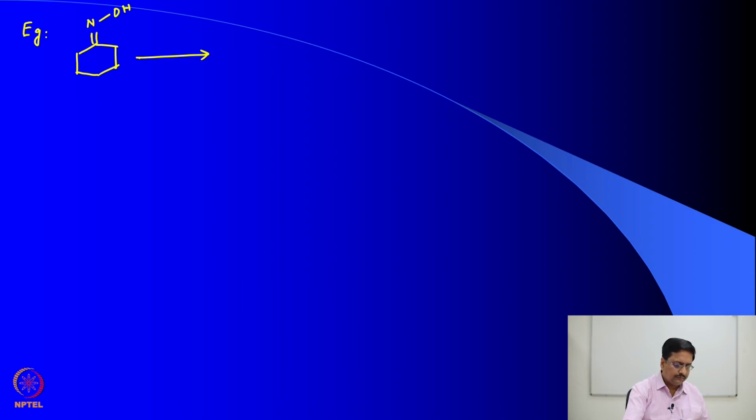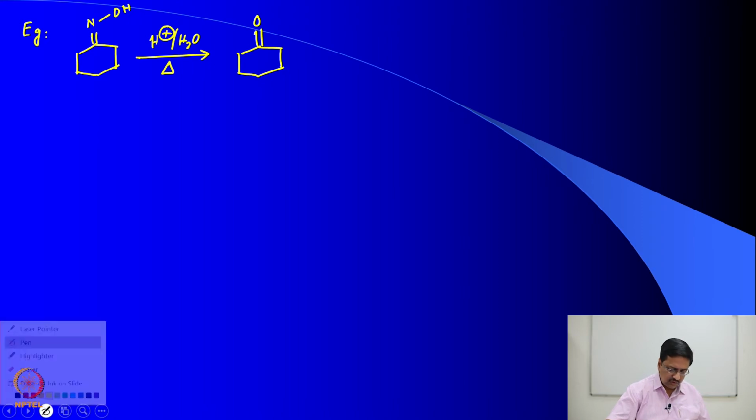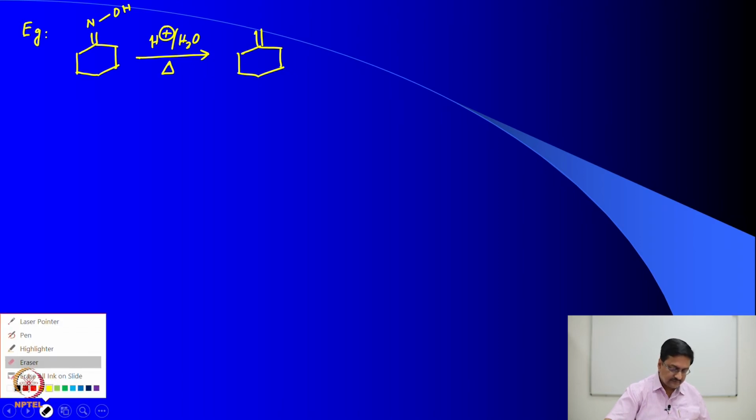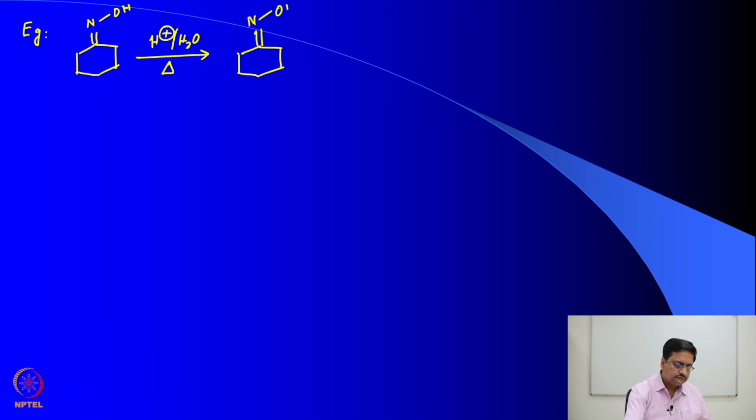So, you do an acid catalyzed reaction under heating condition. What it does is it protonates the OH group first and forms OH2 plus. Then this group from the transposition moves to nitrogen and water is eliminated. As a result, the ring expansion takes place